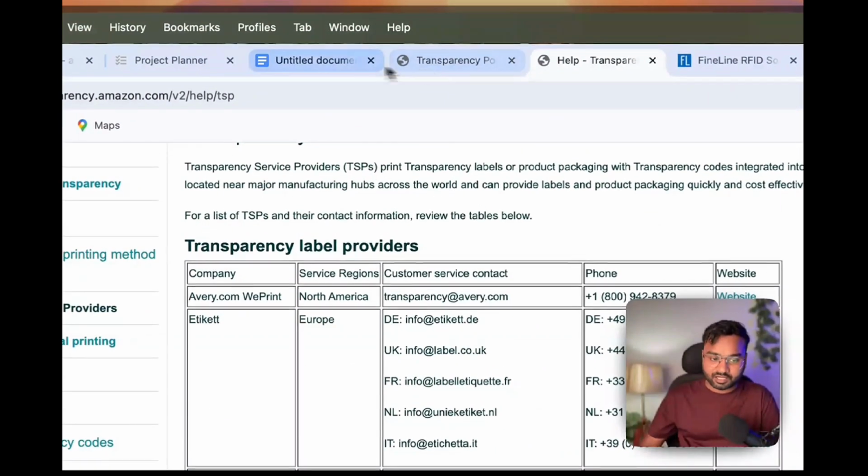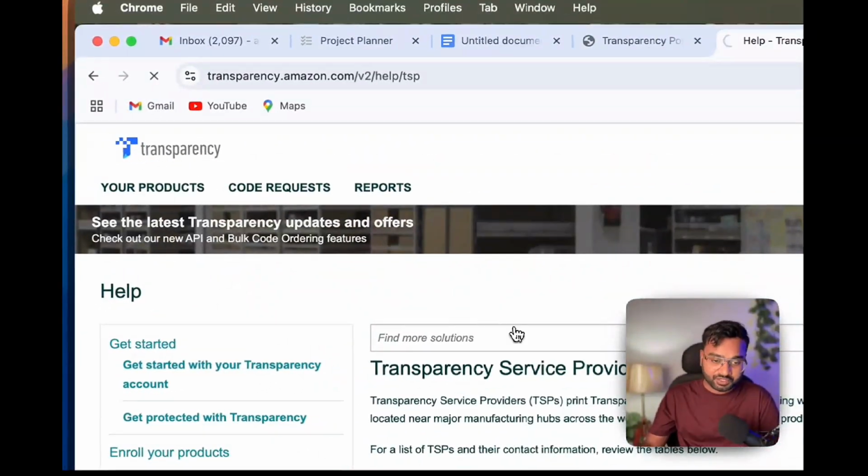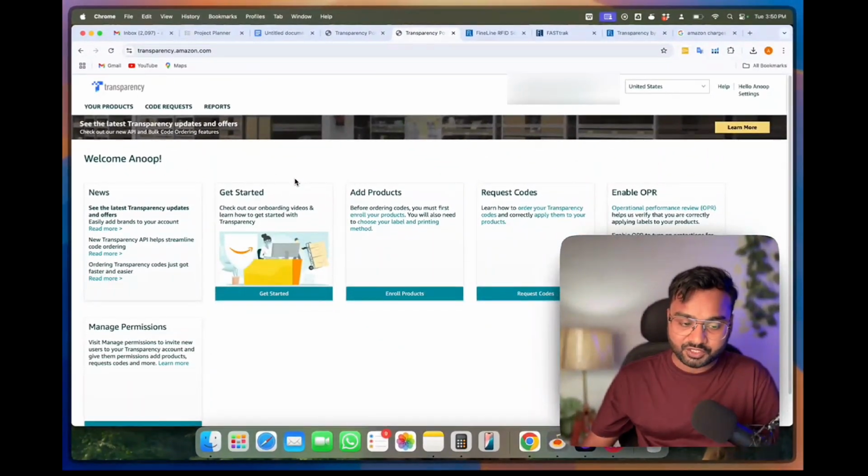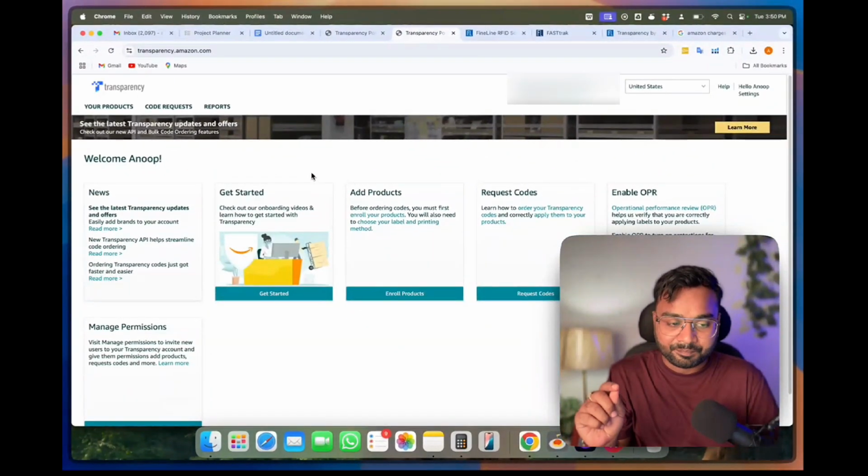I already explained how to enroll, so it is very easy also. You can enroll in transparency labels, and in case you get any issue, you can